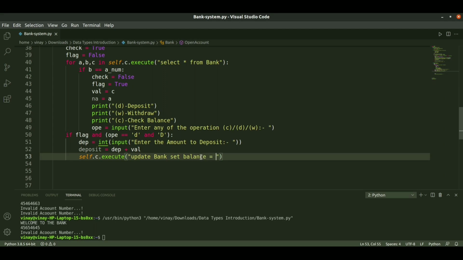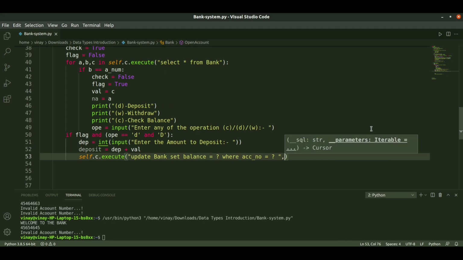So balance is equal to, we need to update balance, so I'm giving here a format specifier where account number is equal to question mark. So this is the balance we need to update, with respect to this account number.